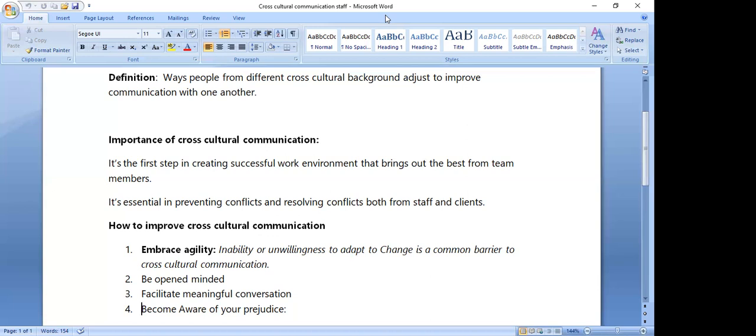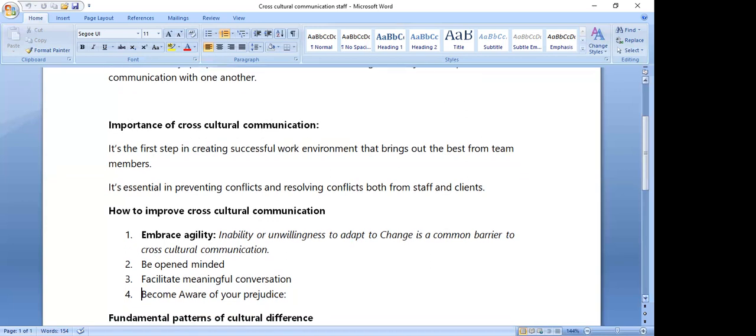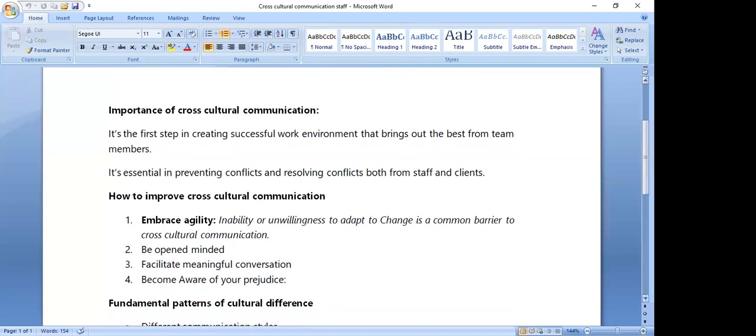Number four, you also need to understand that we have to become aware of our prejudice. Our prejudice is what you have sentiment for. Some people have sentiments over certain statements. Just for example, presently in Nigeria, we just had a presidential election, and people have different opinions based on their political affiliation. So when somebody is making a statement that is positive concerning a particular political party, you discover that the person speaking will not be heard,